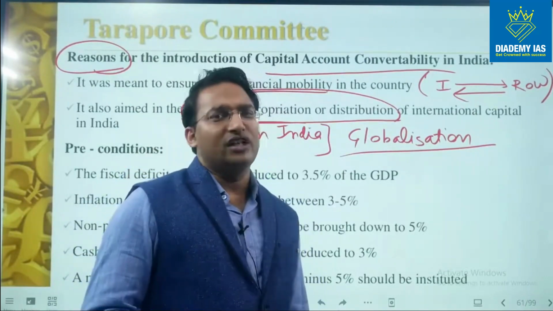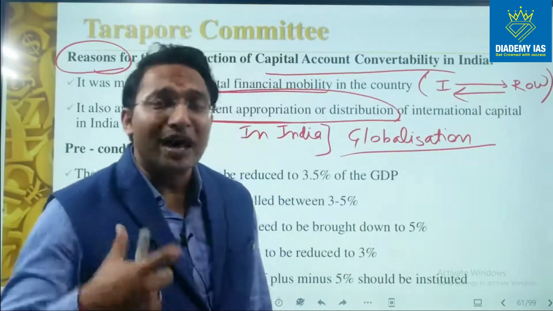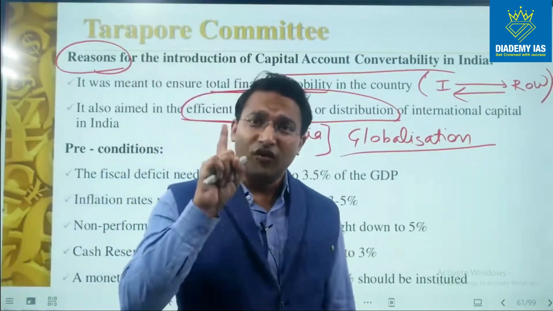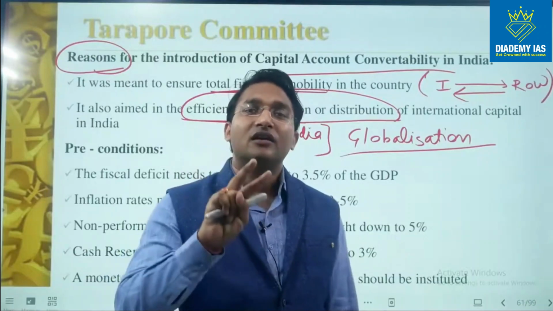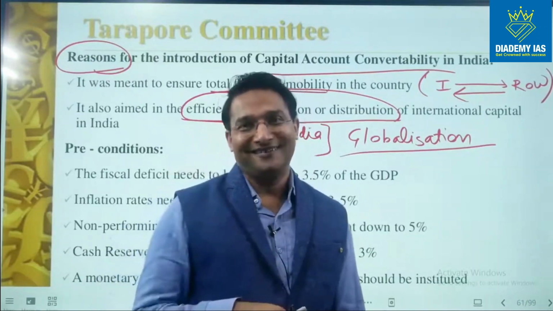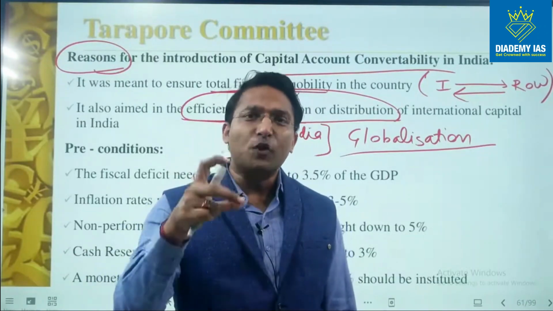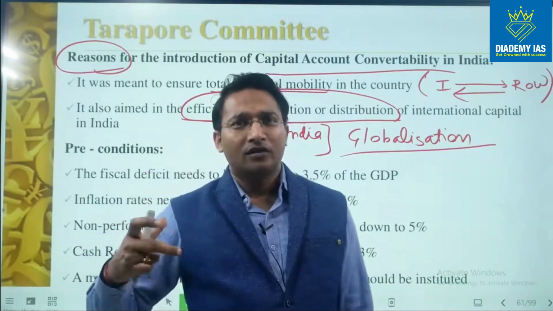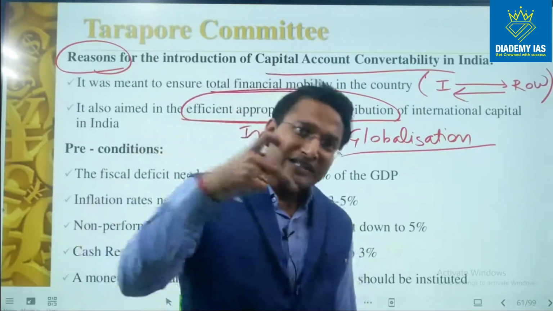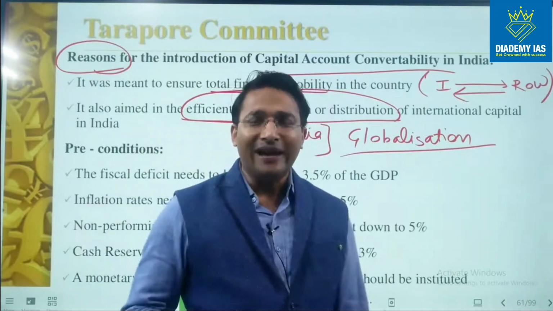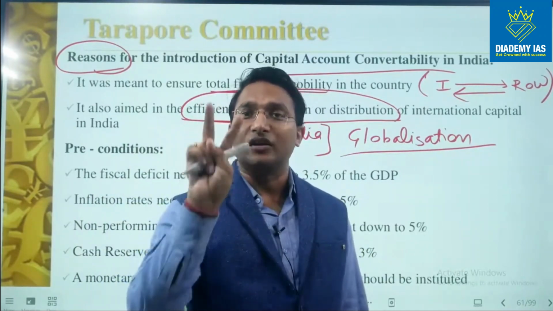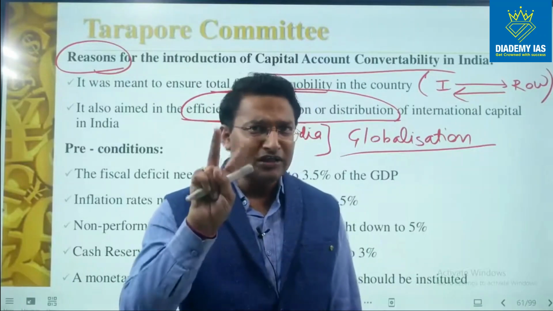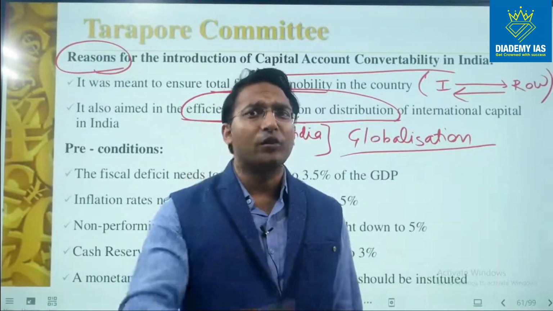The labor cost is very cheap because of the huge availability of manpower, right? So first thing is that there is cheap cost of labor. Second, we have huge demand. So whatever is produced inside India can be consumed inside India itself, right? So cheap cost of labor and huge market, huge demand. These two are the most important aspects,